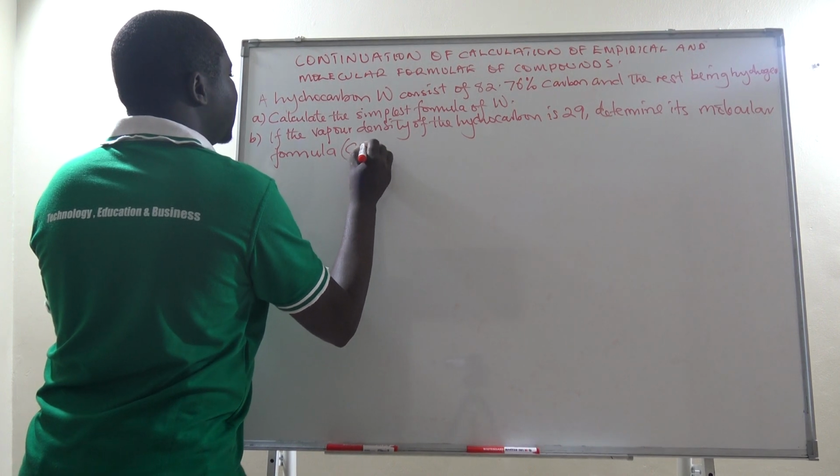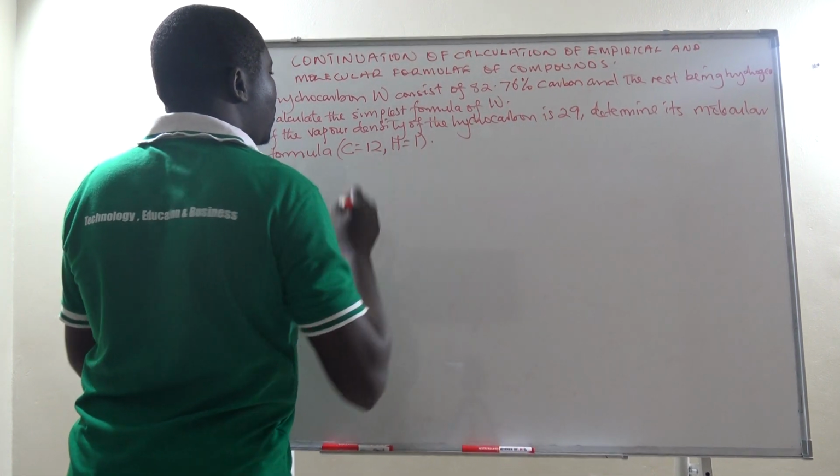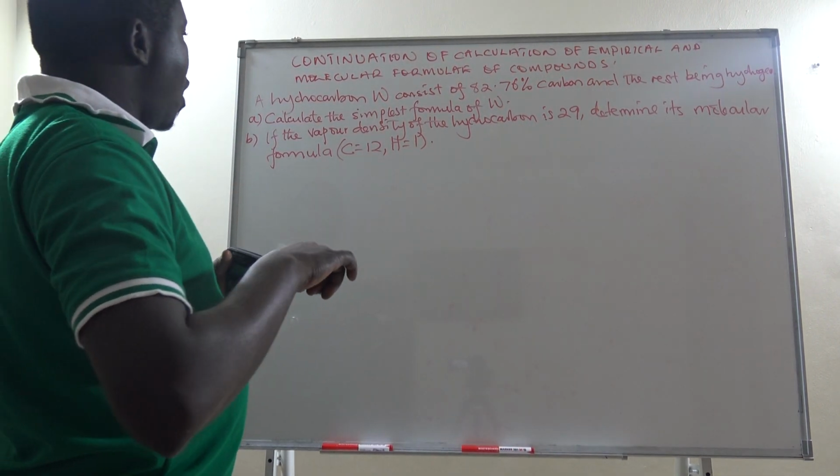Given that carbon is equal to 12 and hydrogen is equal to 1, let us look at how we can